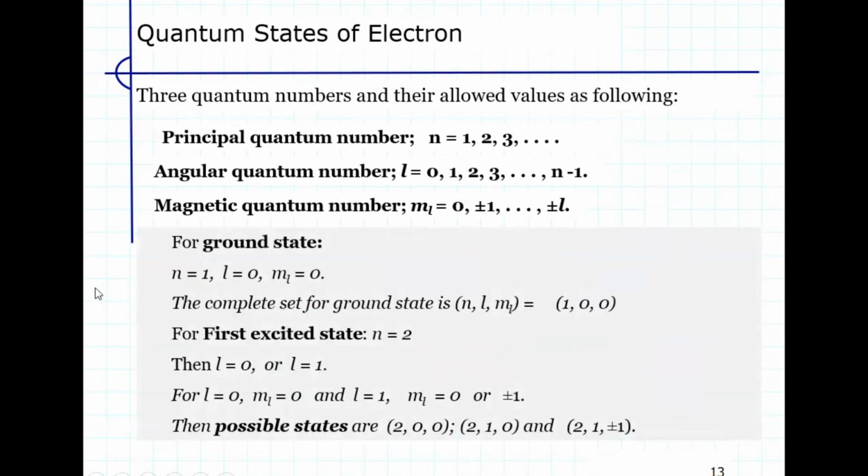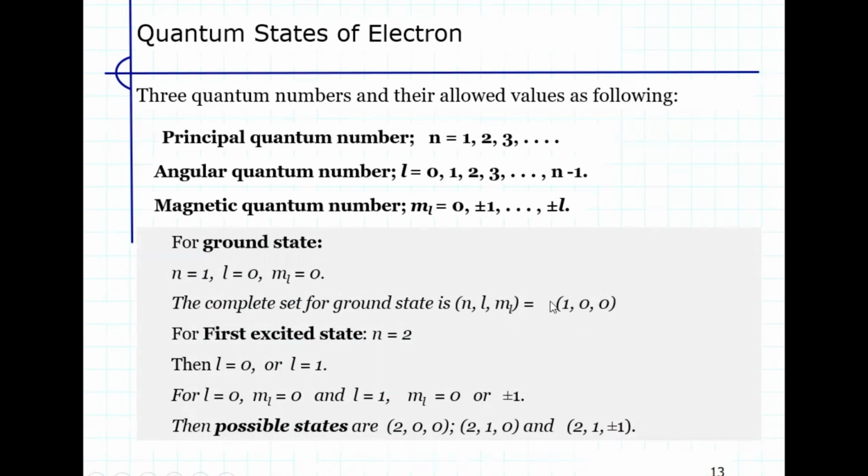So if I look into the ground state, for N equal to 1, the only choice is L equal to 0. Therefore, ML is fixed at 0. So the complete ground state is given by 1, 0, 0. The N, L, and ML values in a complete state, and we can say that this is the address of